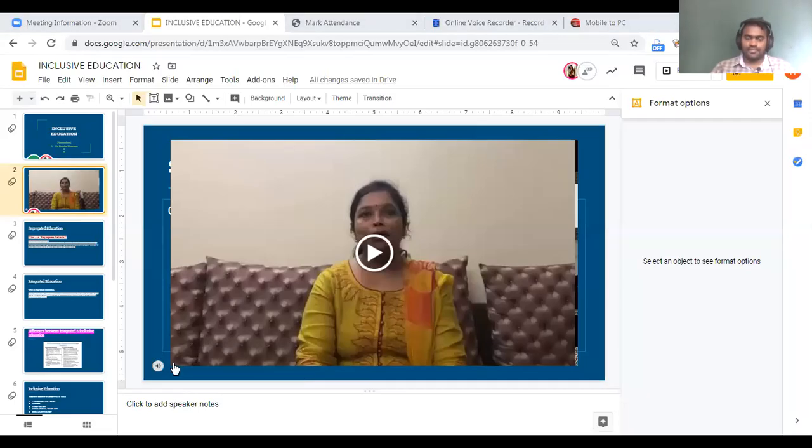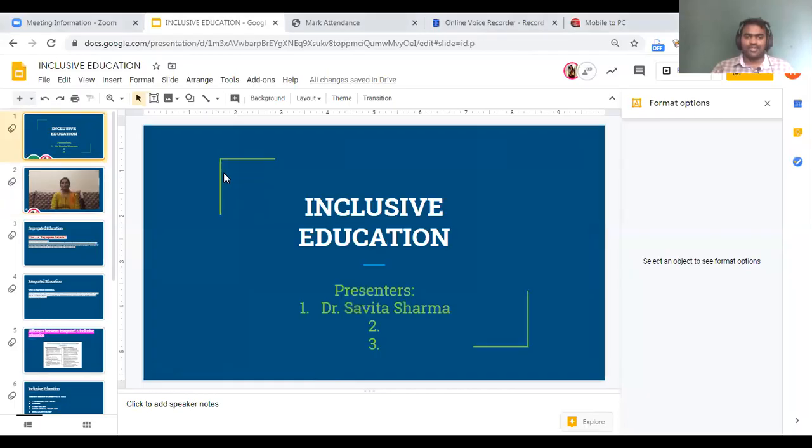Can we design certificates using Google Slides? Why not? You can. If this is a certificate, this would be your certificate. This is the easy way. We don't need to go to Photoshop and other things when we have simple ways.